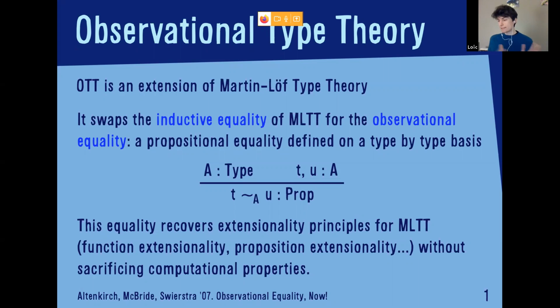So far it sounds very similar to the features of a univalent equality, but there is a central difference, which is that in observational type theory, the equality is always a proposition, in the sense that it is, let's say, minus one truncated. Since the equality is always a proposition, every type is always a set. Thus, if homotopy type theory is the language of higher groupoids, then observational type theory would be the language of sets and propositions.